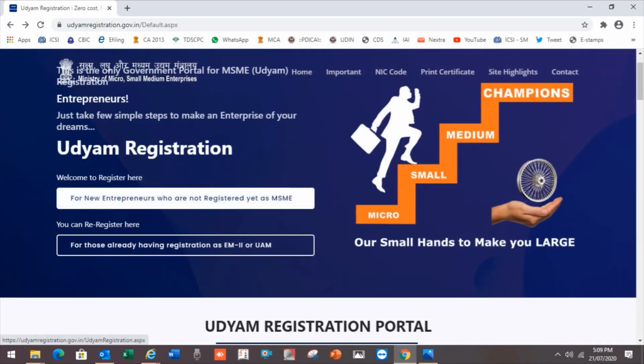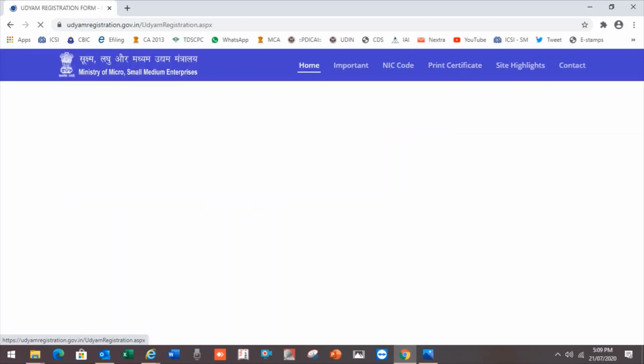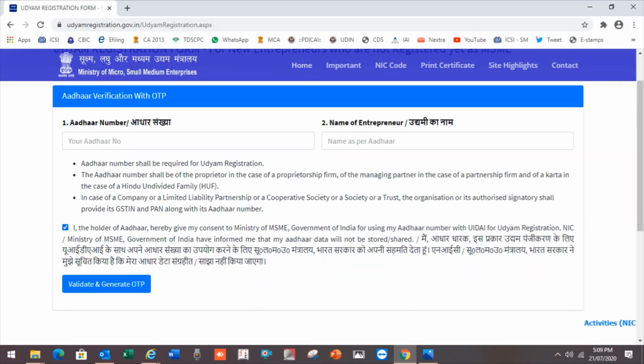In the second approach, if you are a new entrepreneur and you don't have a Udyam registration, you have to click here. Before that you should have a few documents. First of all, you must have a PAN number copy because there is a date of incorporation. Then you must have the address which is mentioned in your GST registration number. The GST certificate should be there. The name of the authorized person, a few basic details, mobile number and email ID are required.